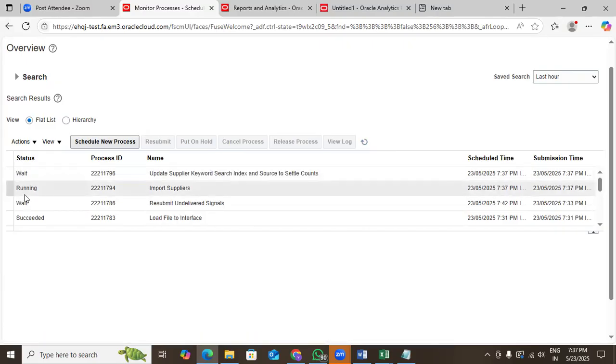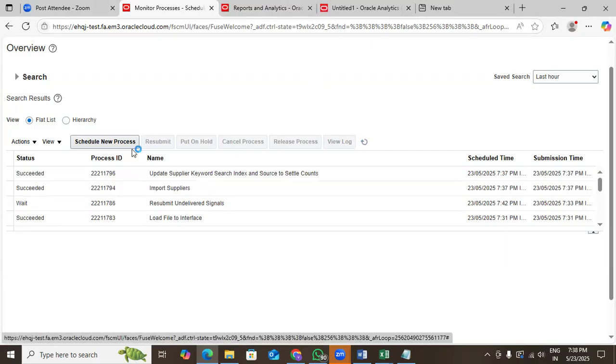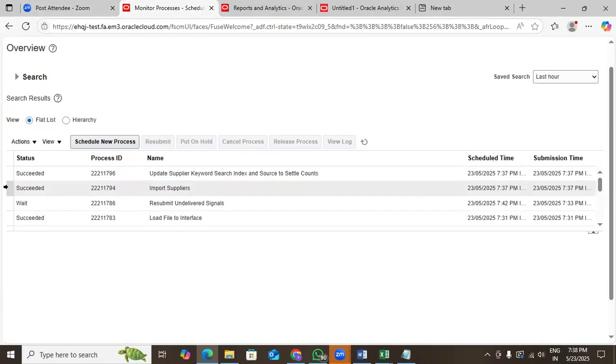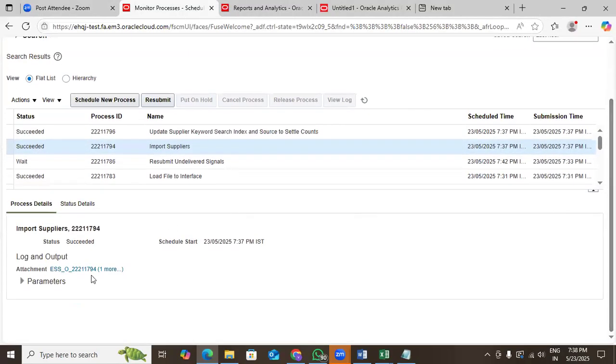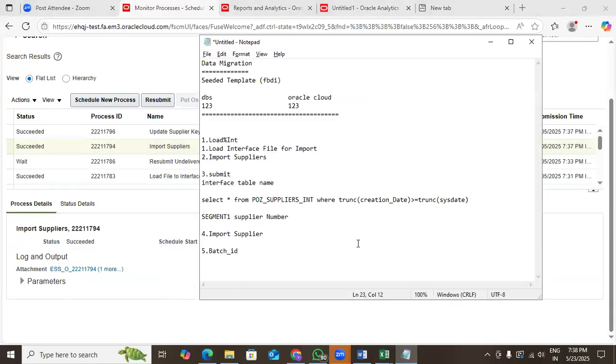The status will show running, then ready, and then succeeded will come. The status will keep changing while refreshing. Okay, just refresh it. Now our import supplier has succeeded. Just click on the succeeded button. Okay, here is the log file. The next step is to check the log file